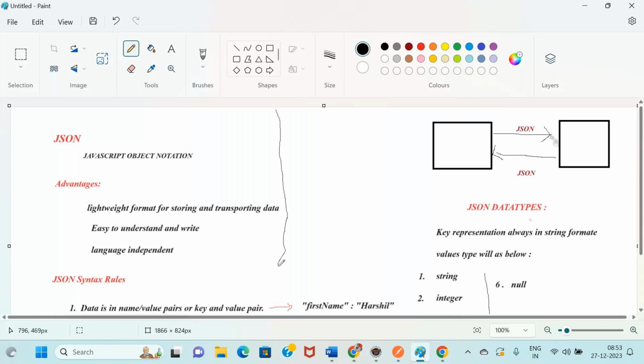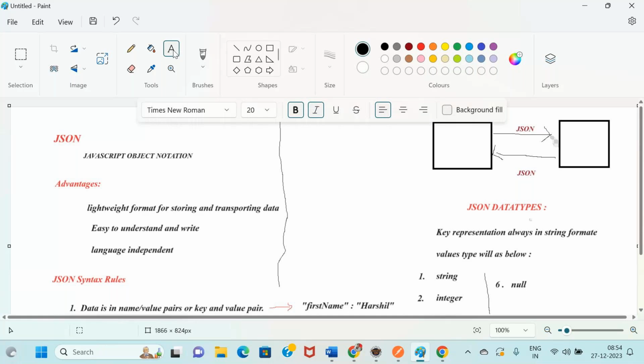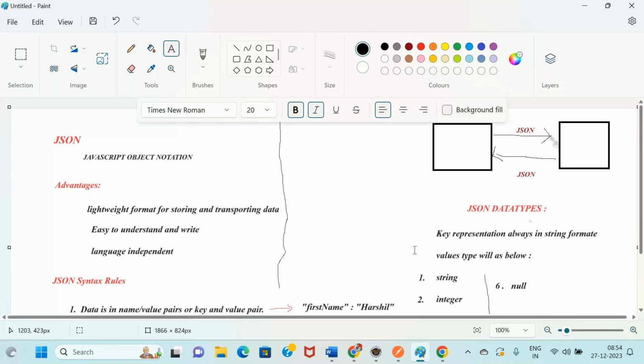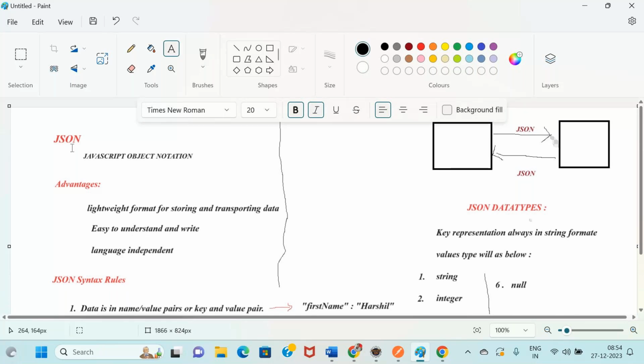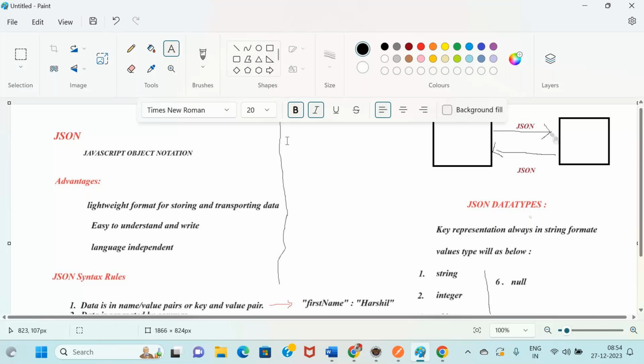Okay. So now we need to create a JSON data according to this rule. What are the rules we have? To represent a JSON object, JSON means JavaScript Object Notation. I will start with the object representation. Object representation always starts from a curly brace. JSON data representation starts from a curly brace only. So, opening curly brace and close.